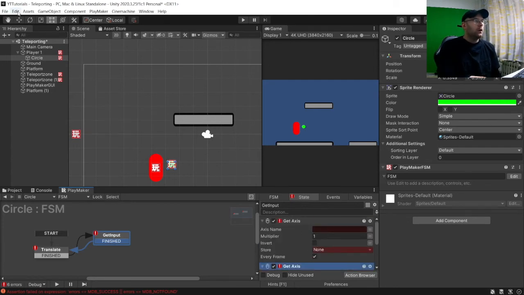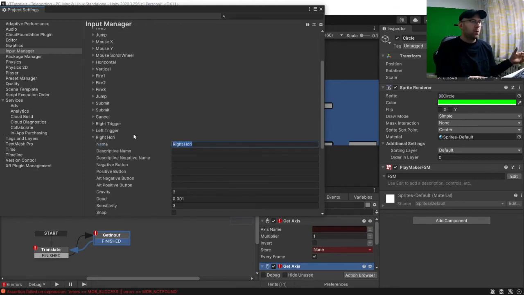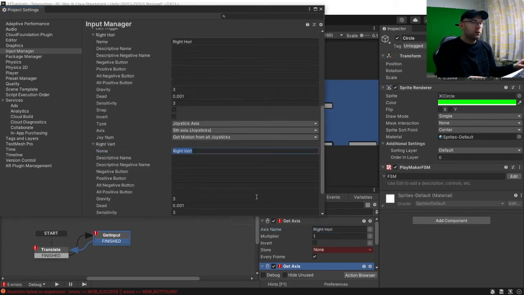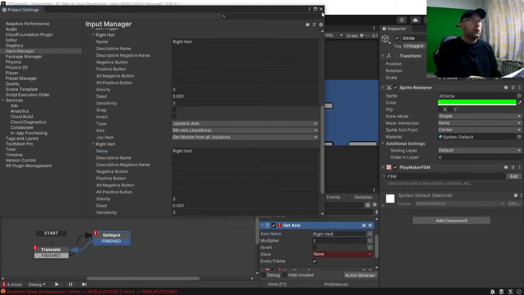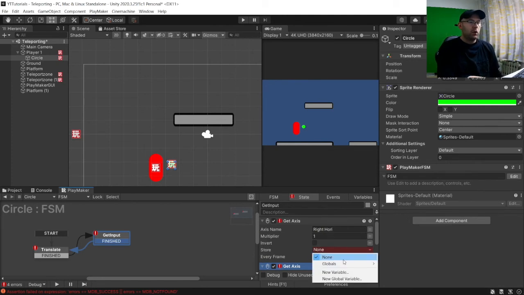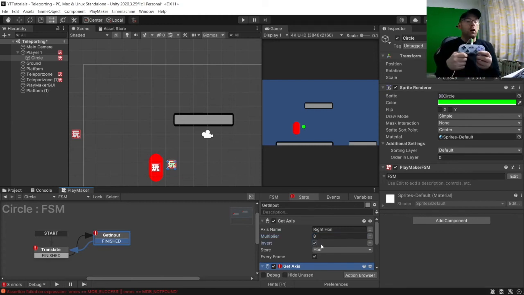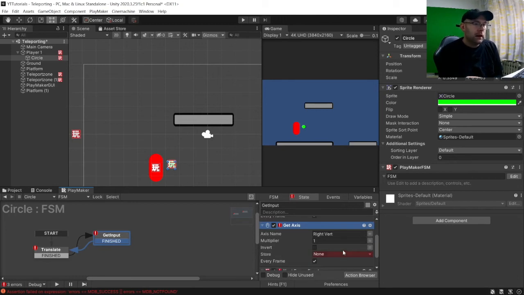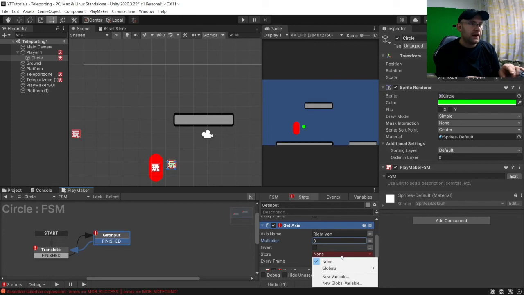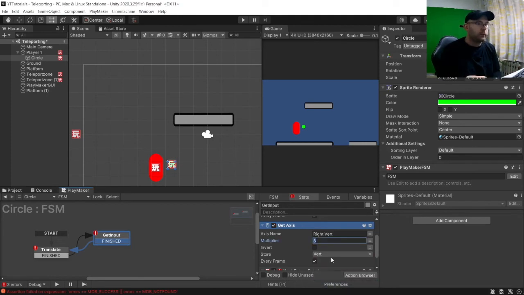Okay, so here we want to make sure we get our names exactly right. So we're going to say we want right hori, paste that in there, and then get our right vertical and pop that in there. Okay, and I'm going to put them here, globals, as new ones. Just call this, like for now, let's call it hori. Just give it a name you prefer. And then I'm going to put, say here for this 8, and for horizontal going up and down, I'm going to invert it so that when I push up, it will move up, and when I push down, it will go down. And then here, same 8, don't need to invert it there, and then new, let's call it vert, and then